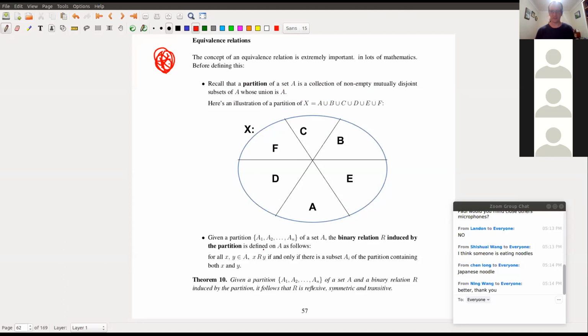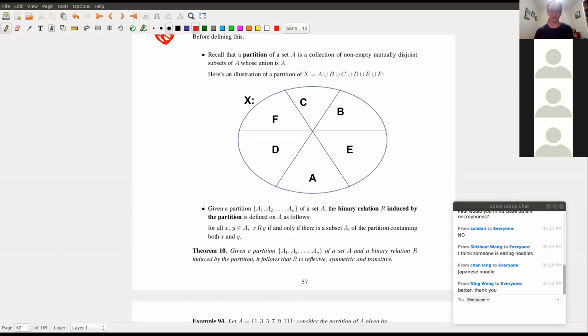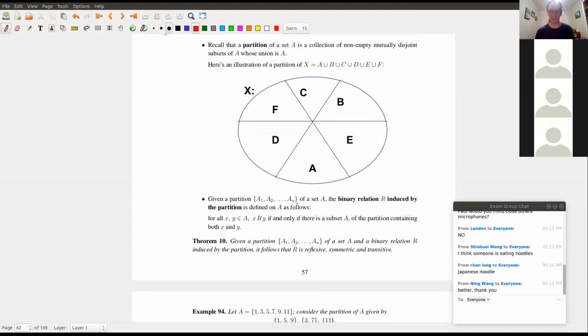Now, okay, let's see if I can explain this well. Given a partition on a set, the binary relation R induced by the partition is defined as follows. For all x, y, x R y if and only if there is a subset A_i of the partition containing both x and y. Now, what we're going to go for,